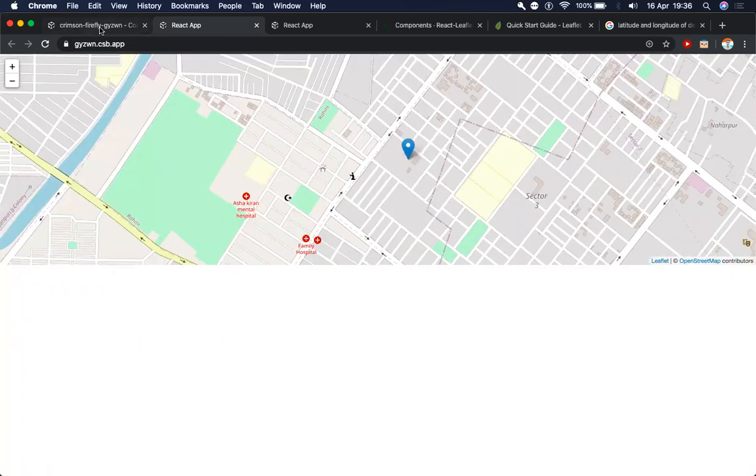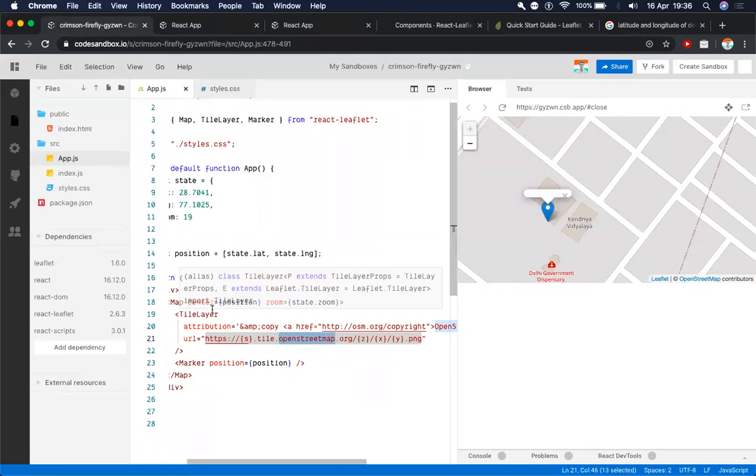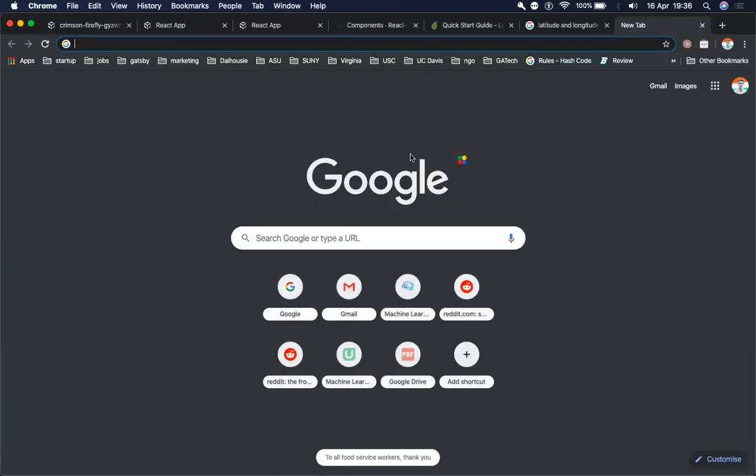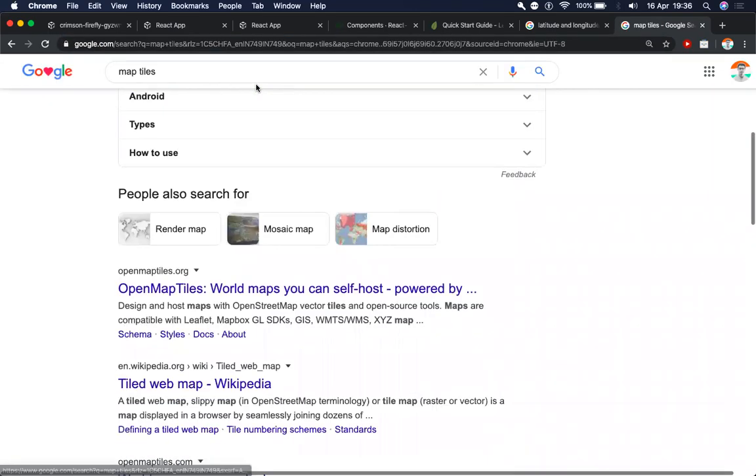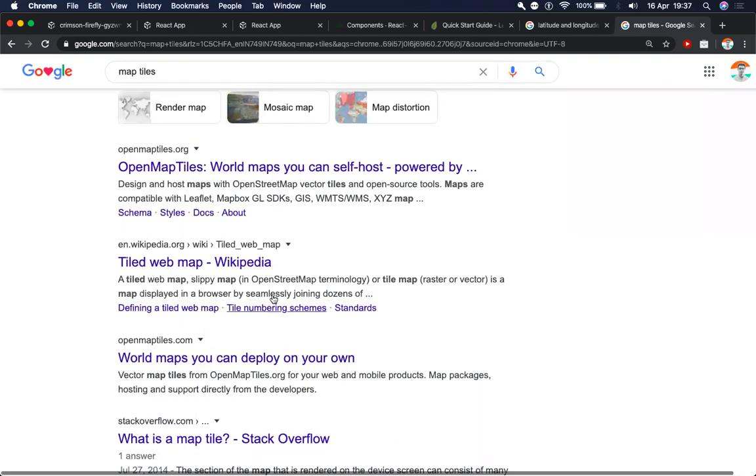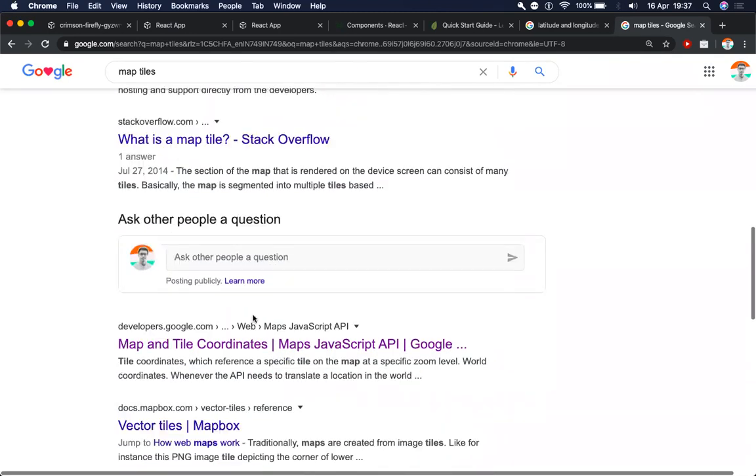Another thing about tile layers is that the first thing we need to do is pass a URL. This URL is the default one that the boilerplate was using. However, you can Google map tile layer, map tiles, I guess, and you will find a ton of examples, lots of services selling map tiles. Of course, the most popular one would be Google Maps. Google Maps has a really good tile layer which people use. The Maps app itself obviously uses Google Maps' own tile layers. So these are all the things that we can use.